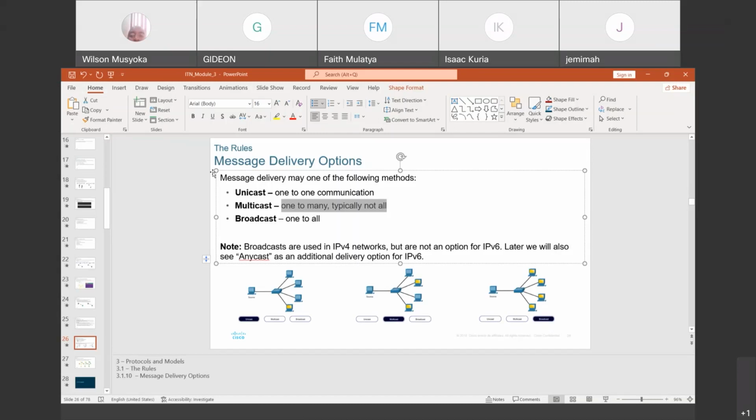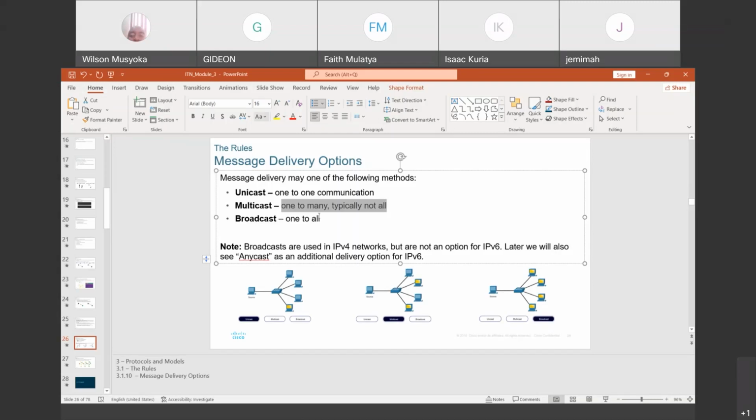Think of it in the sense that nowadays we are using the subscription. This is pay TV, whereby if you pay for something like Go TV and you pay for this package, you will receive those specific channels. Somebody who has not paid, as much as the signals are available, is not able to receive them.